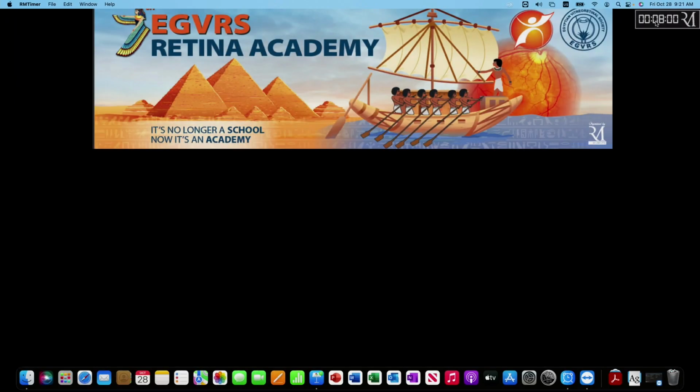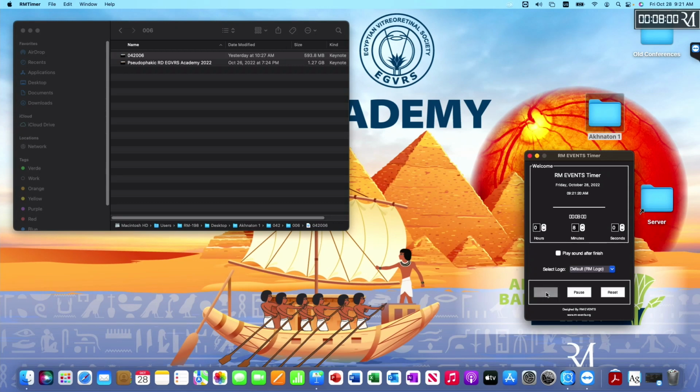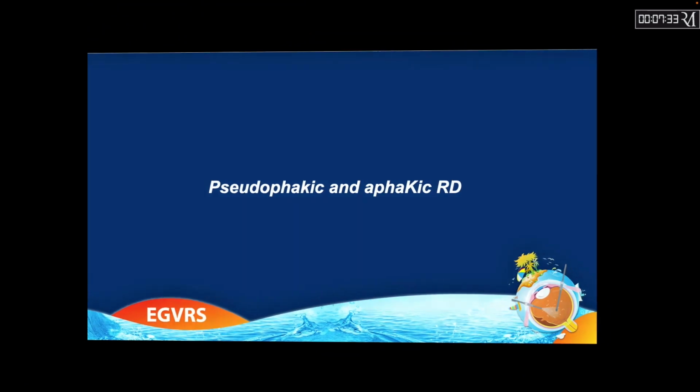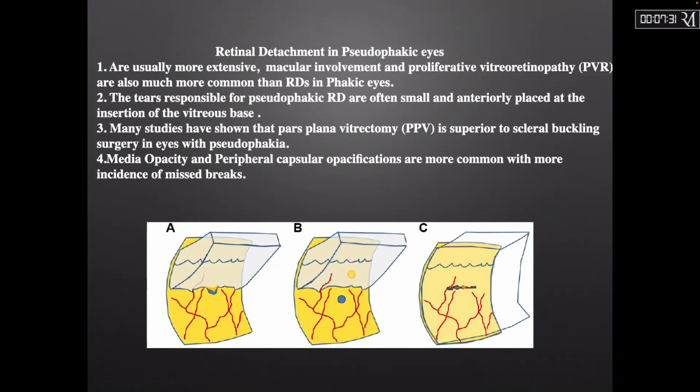Good morning, everybody. Today I'm going to speak about the pseudophakic retinal detachment and its management. If we look to retinal detachment in pseudophakia, they are more extensive with macular involvement, and usually they are complicated